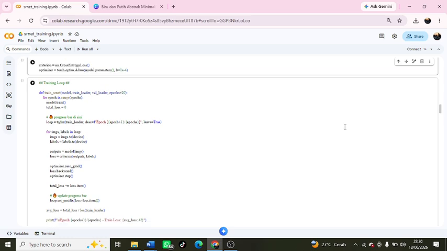In the training loop, after the model and training parameters are initialized, the SRNet training process is performed using the train underscore SRNet function. In each epoch, the model processes the entire training dataset to learn the difference between the cover image and the stego image. For each batch of data, the images and labels are transferred to the GPU, and a forward pass is performed to generate predictions. The loss value is calculated using cross entropy loss,